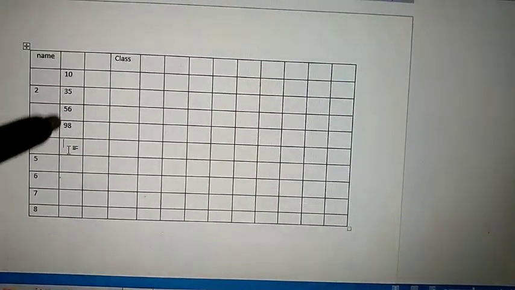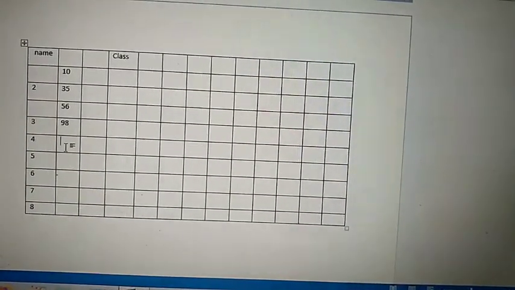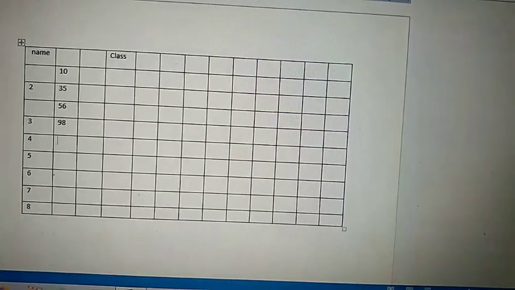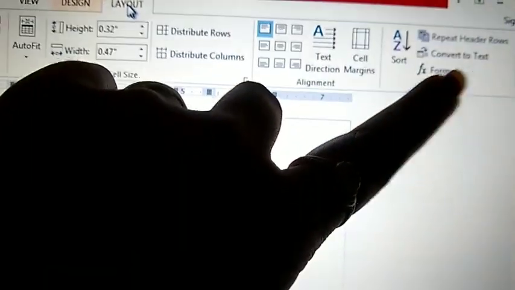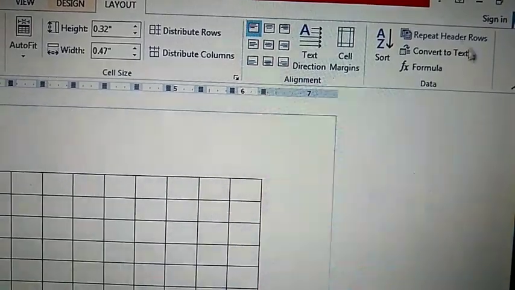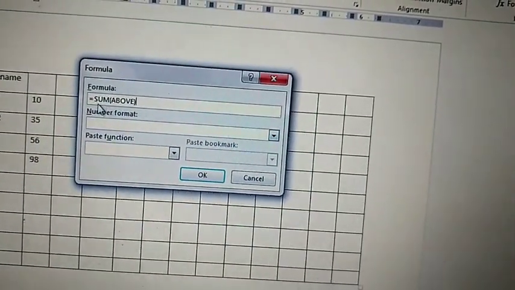Now I will add them and I want the answer here. So you click here. For addition, you go to the layout tab, and here one formula button is there, in the data group. You click on the formula button and the formula will come.